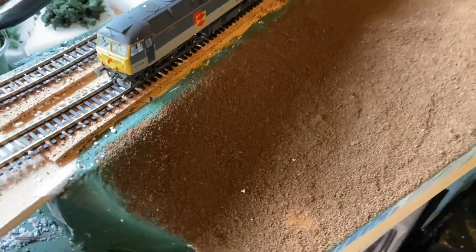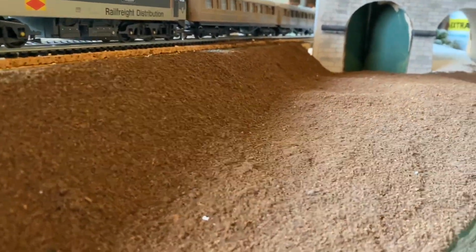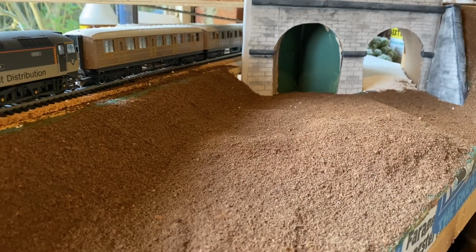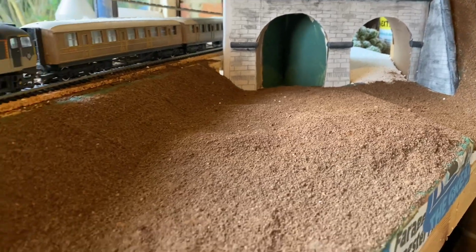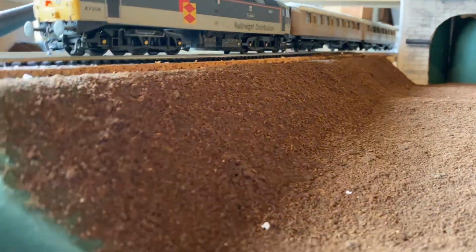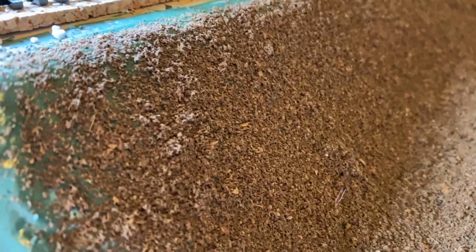Okay folks, welcome back. So I'll just give you a bit more of an update. I've now applied the coffee with UPVC glue, just poured a bit on direct rather than mixing it down or anything, and I've hand sprinkled that onto the embankment. So a couple of thoughts with this. One, if we paint over it, it should give a nice texture, and two,